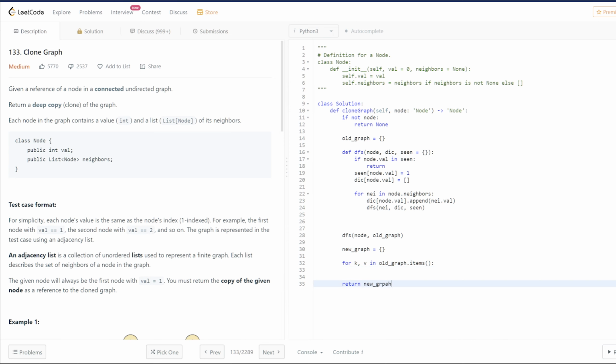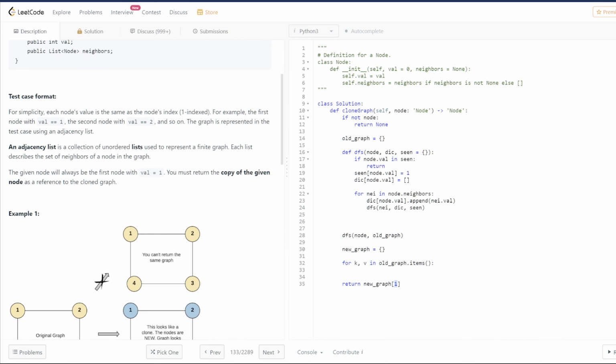And all we need to do is return new graph in the end for 1, because the question here says the given node will always be the first one with values equal to 1. So we just need to return the copy of that node. So this is going to be the value of 1, which is going to give us the reference to the copy of the node that we created. So now we can check if the key is not in new graph, then we can create a new node with this key, and we can fetch this now, and we can go through each neighbor,